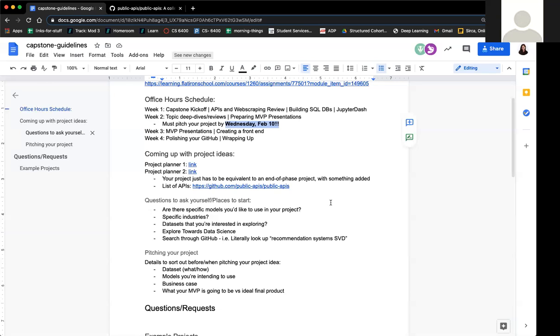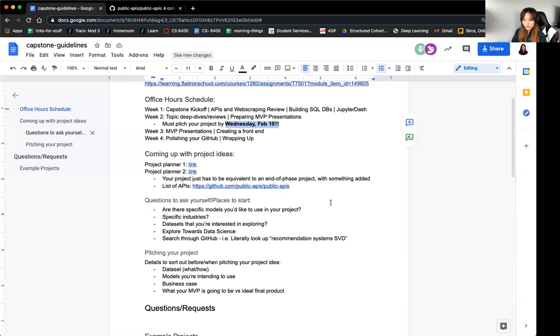I have a question. So we need an API or web scraping for my data set, right? Yes, that's right. You don't have to have all of your data web scraped by Wednesday. Just by Wednesday, you should have checked that you can web scrape or get your data from an API.